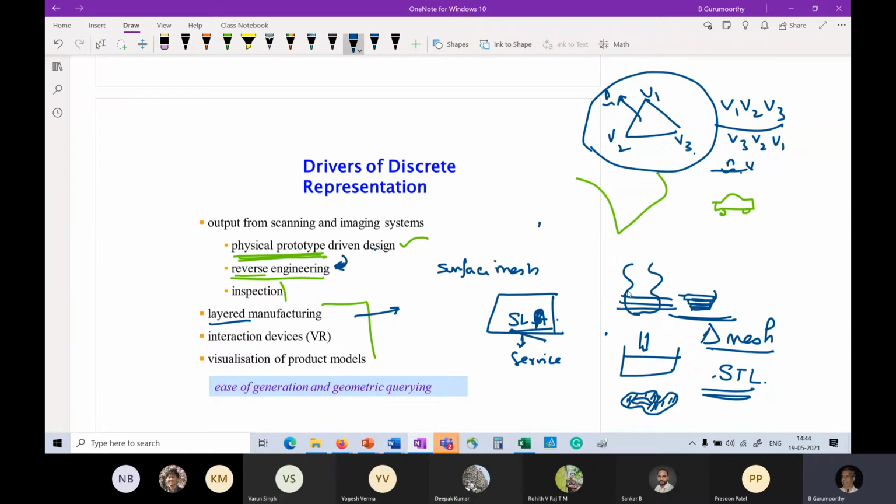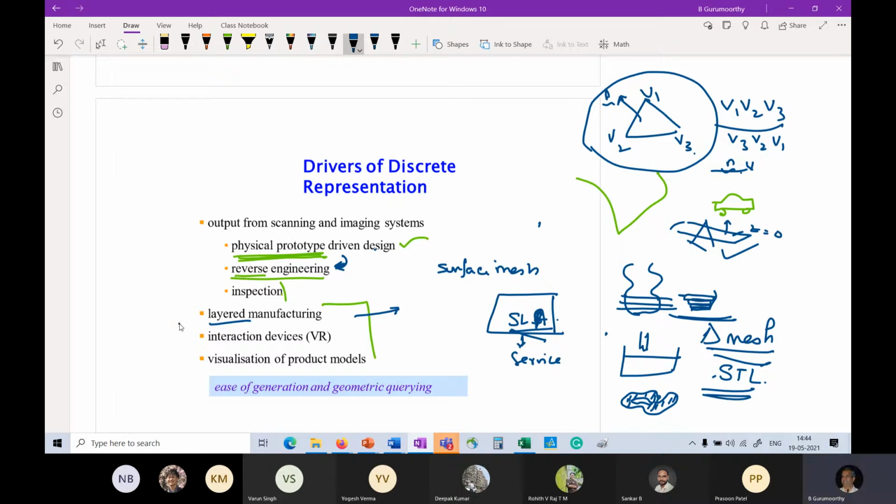Now, as I said, if my object is represented as a surface mesh, my intersection is between a triangle and a plane. And this is the easiest problem that you can solve, right? Two linear entities, and it is even easier if I can turn this so that it becomes the Z equal to 0 plane. Immediately I can make my intersection process very efficient. I don't have to worry about triangles that are very far away from this plane. I don't have to worry about them at all, in terms of Z. So a lot of efficiencies are possible, and this became a very popular representation, and so CAD systems had to support it.